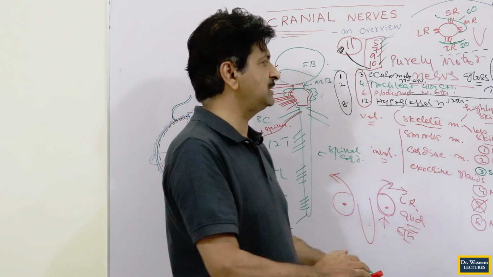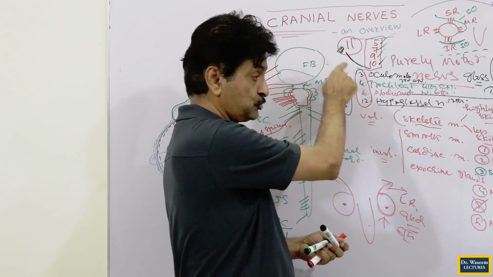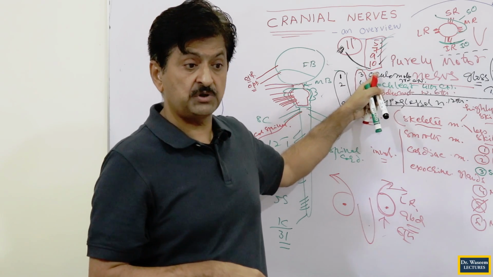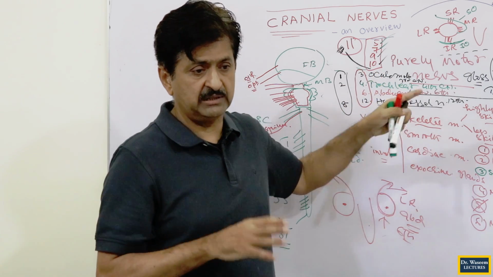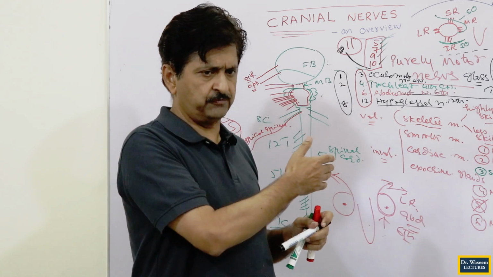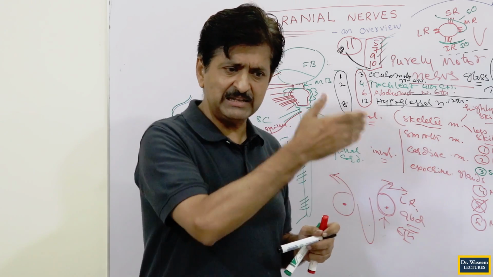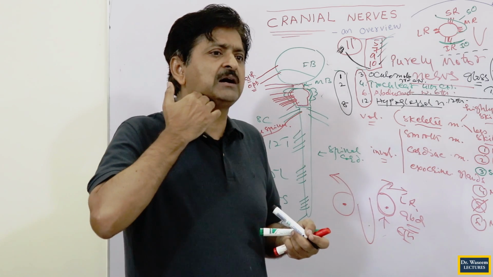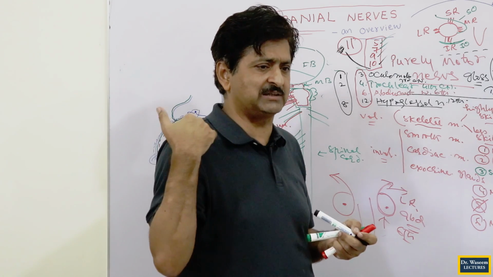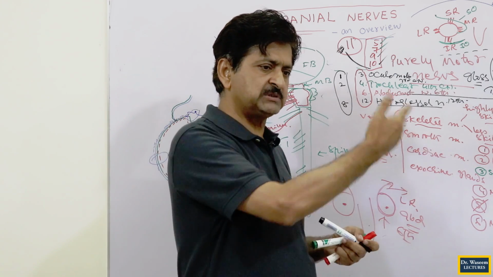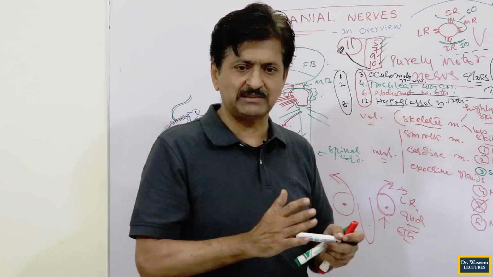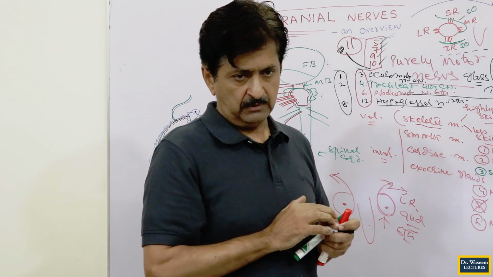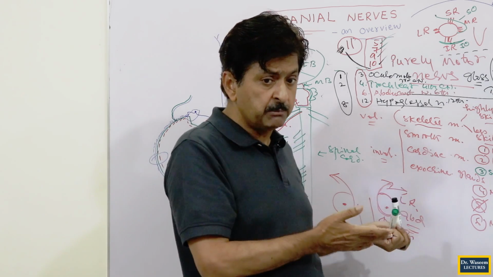Why is it 11th? The reason is that it has to be given the number 11 because it is giving the service to carry many of the fibers of the 10th. Otherwise, this 11th nerve, basically, is a spinal nerve, which has come from the spinal cord to carry on its shoulders most of the fibers of the 10th. So it is actually giving the service to the 10th. That is why I am giving this nerve the number 11. And the 11th is the additional nerve, not my family member basically.